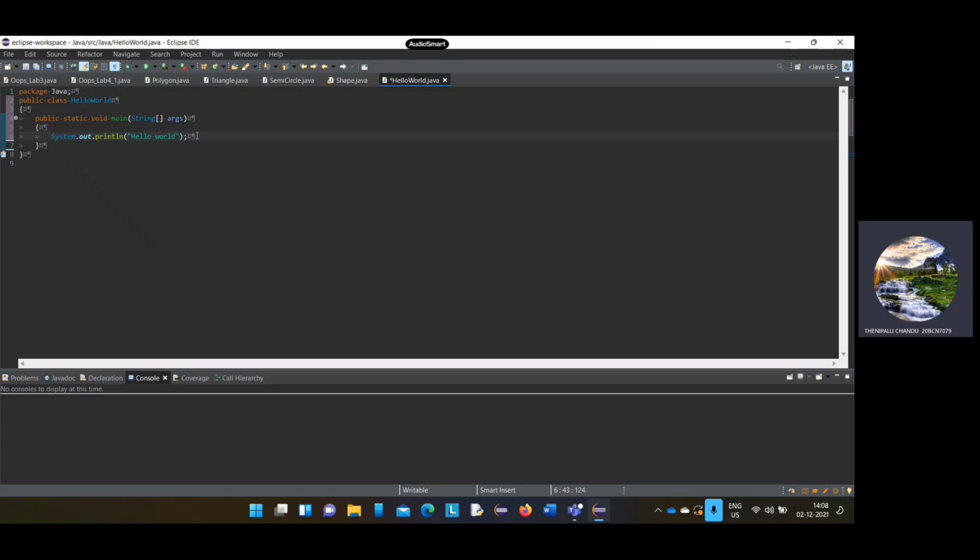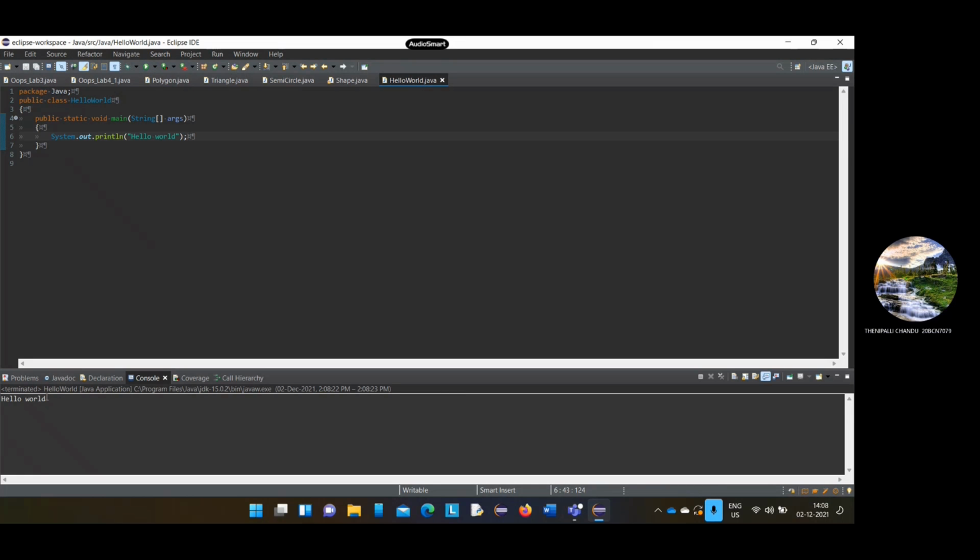Now we will see what the output is. See guys, Hello World is printed. So if you want to print anything, you have to write the main class and then the main method. Here I have given the public class name HelloWorld, and in the main method I have given Hello World. So that's why it printed Hello World.